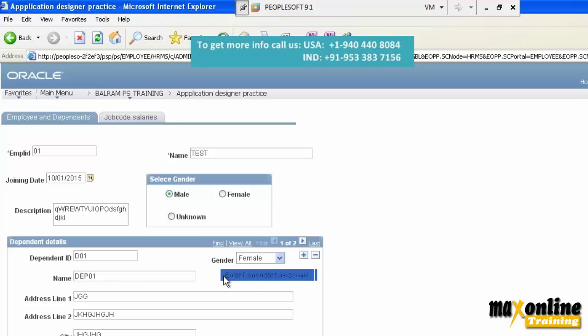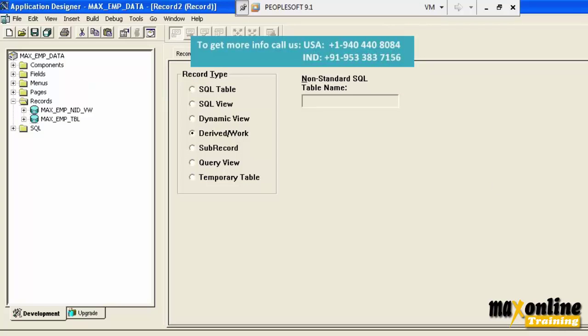These kind of buttons, links, we will use the derived record fields. We will use the fields, but we will use the derived record fields. We will see in our practice. Next,